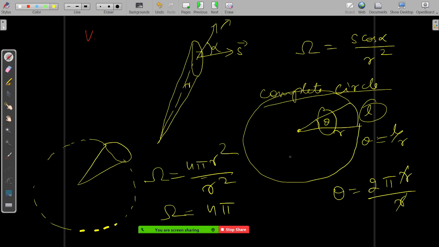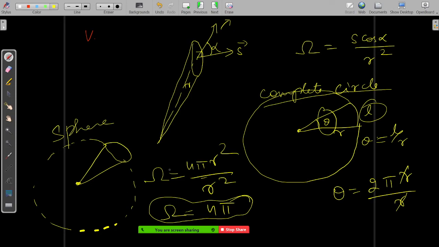If you are trying to see what is the solid angle made by a closed loop at an internal point, that is equal to 4 pi. This is just an example of a sphere. You can remember that on any kind of surface, if it is a closed surface, at any internal point it is going to make a solid angle of 4 pi.